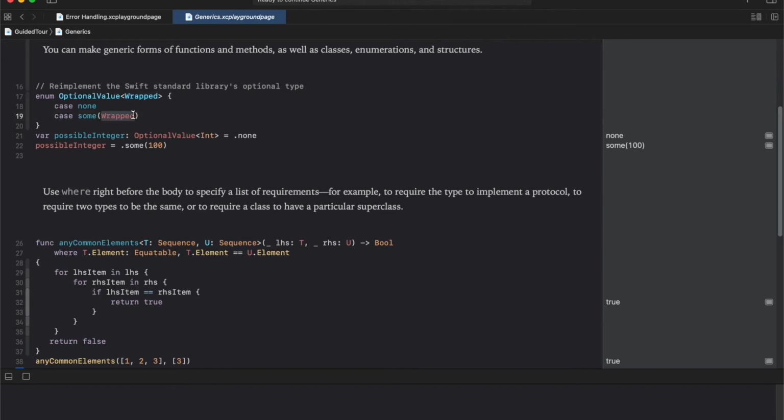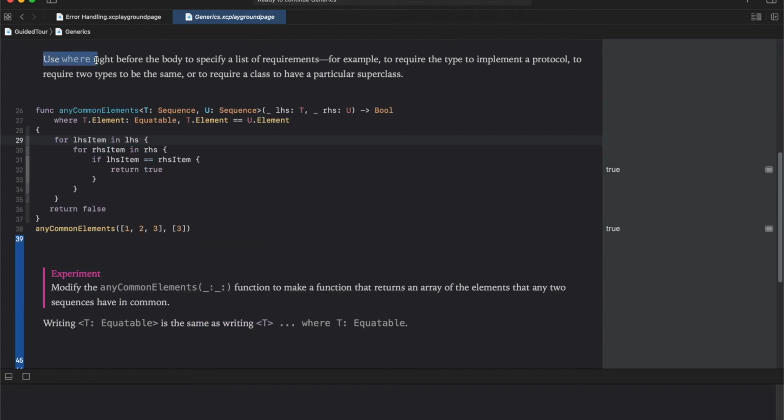So some will have an associated value of Int type. On line 21, we are giving an initial value to possibleInteger to be of case none, and on line 22, we are changing that value to be of case some with an associated value of 100.